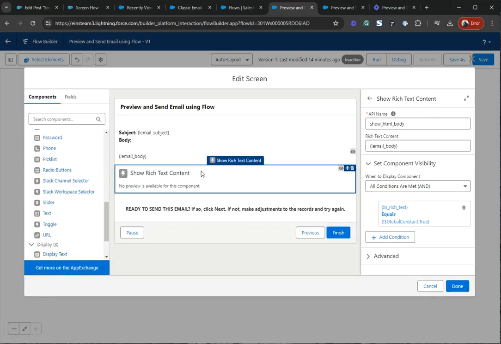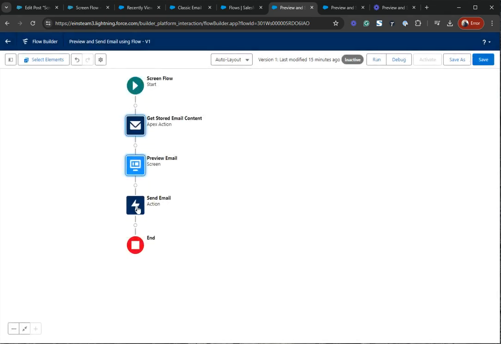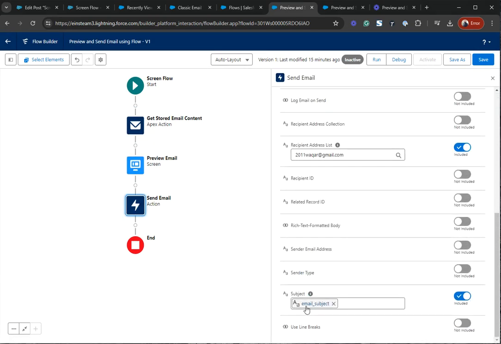So I've used this component here to show HTML body, and in the end there is a confirmation text here. And then finally, using the send email, you can send the email using the same email body and email subject. So now I'm going to debug it. So if I click debug,